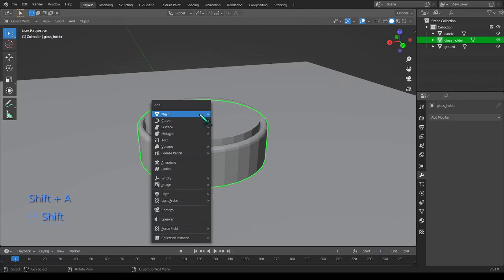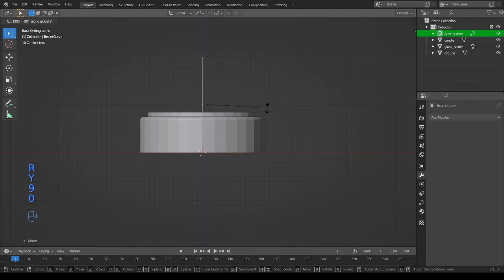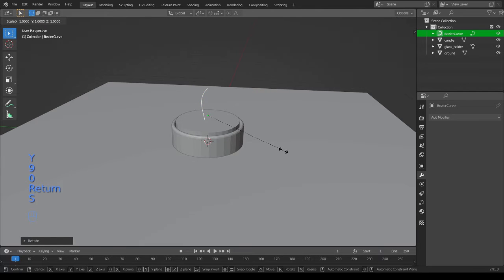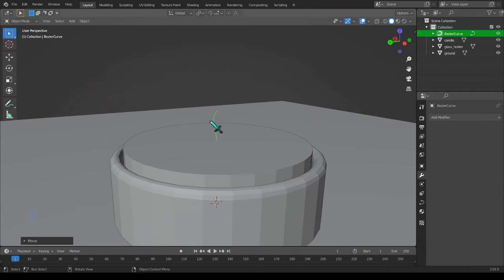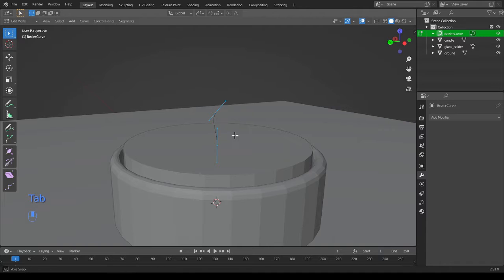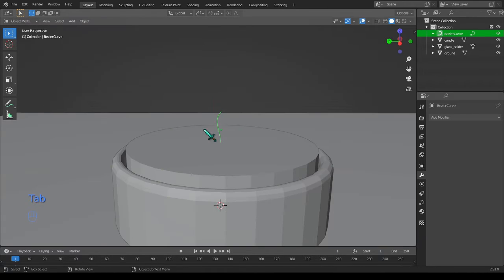Now we'll add a simple Bezier curve to our scene. Grab in the Z axis. This will make the wick part of our candle. Scale it and place it on the top of our candle. You could leave the curve as it is, or you could edit its shape in the edit mode, like so. I'll just keep it as it is